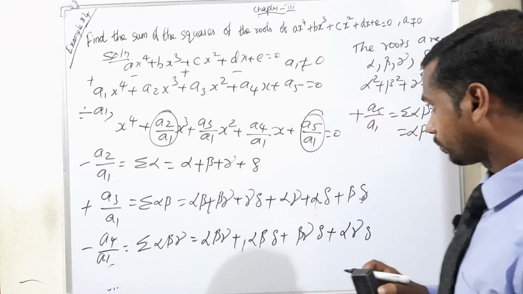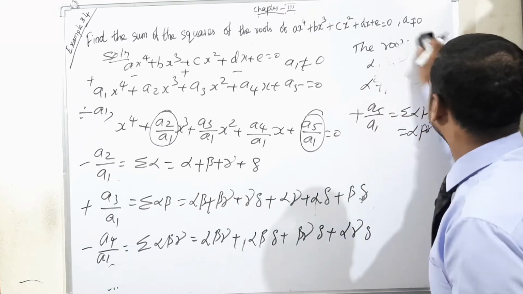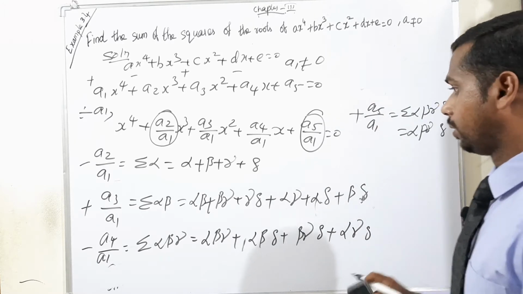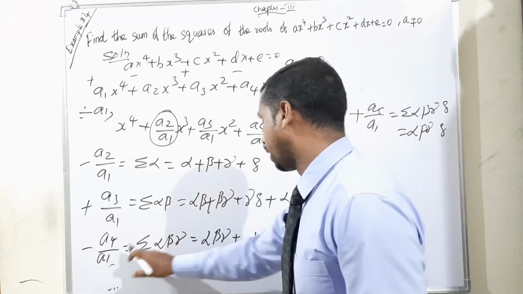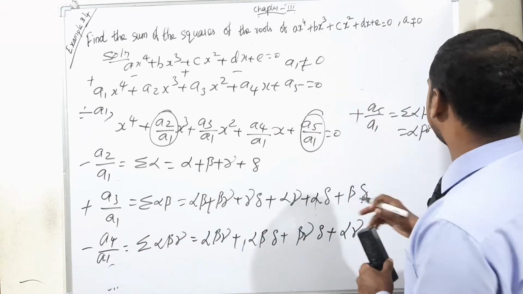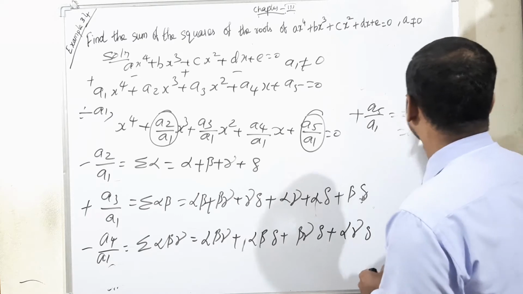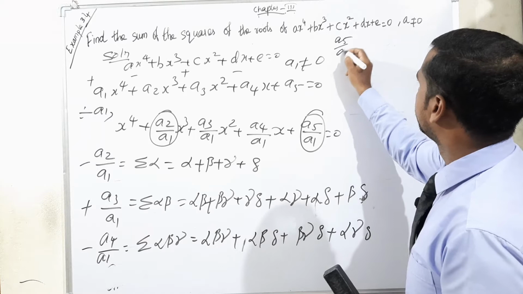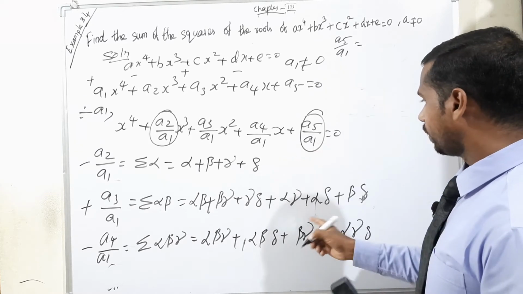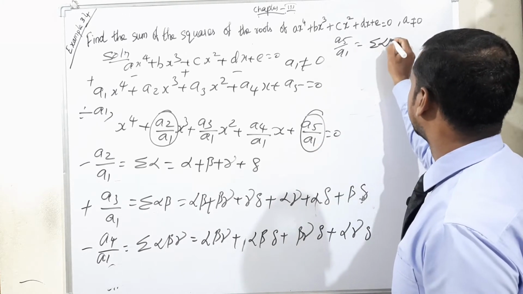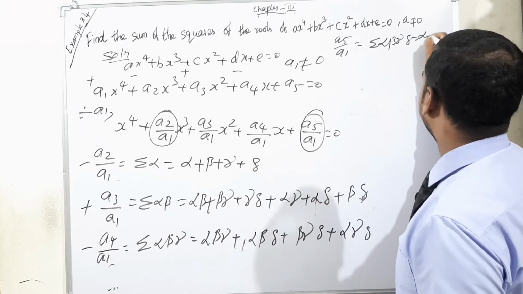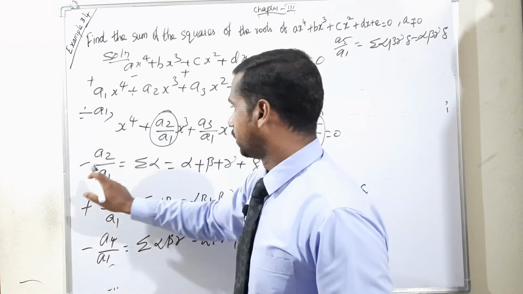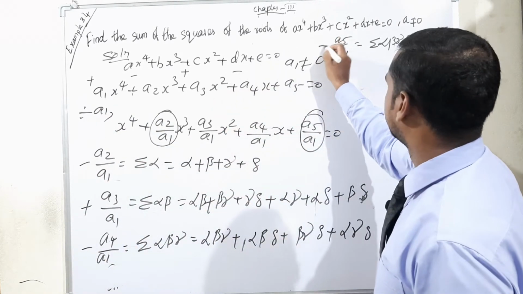So now listen very carefully. The last term is positive. This is what we need, isn't it? The alternate term is negative. So the negative of the term means what is our main term? This is plus, isn't it? Last condition, a5 by a1 is equal to summation of alpha beta gamma delta. What is the meaning? Minus, plus, minus, and the last one is plus, isn't it?